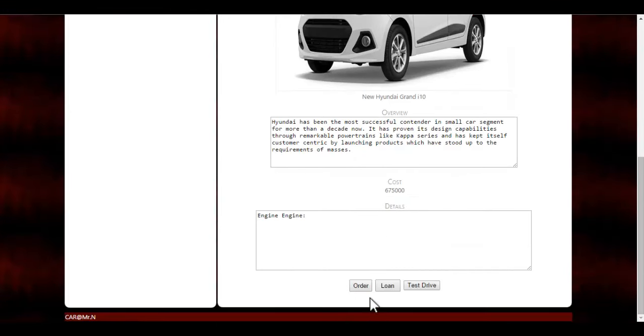There are 3 buttons over here: order, loan and test drive. By clicking on order, my order will be placed and these details will be reported to the admin. And if I click on the loan button,